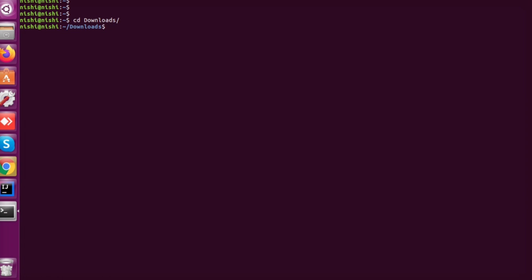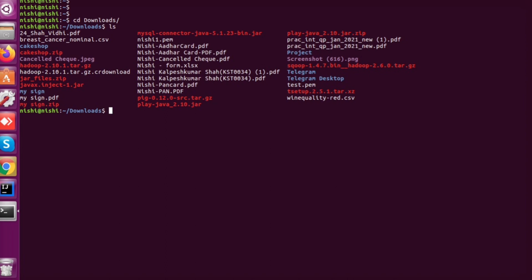Okay, so now I will check whether my pem file is there or not. Yeah, this test.pem file is there. So now I will connect my terminal with the EC2 instance.